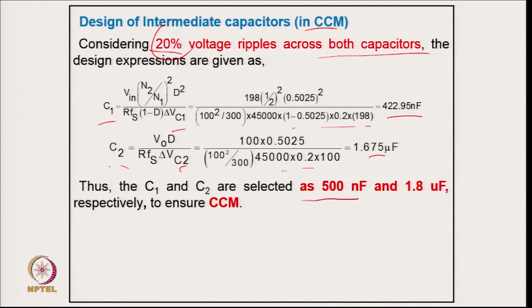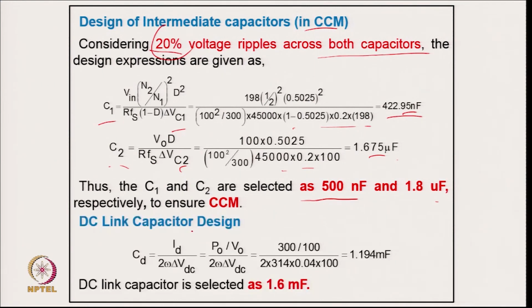So, we are selecting them as 500 nanofarad, which is higher than the calculated value, and 1.8 microfarad, which is also more than the calculated value, to make sure that these two capacitors always have continuous voltage across them. Coming to the output capacitor design, CD equals ID upon 2 omega delta VDC. Putting the value of ID, P upon V0 and all these values, we get 1.194, and to make sure that this output voltage ripple is less than 4% in all operating conditions, we select a value higher than that. So, the DC link capacitor is selected as 1.6